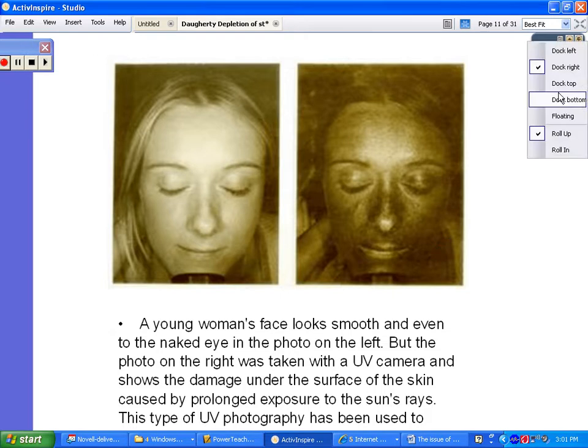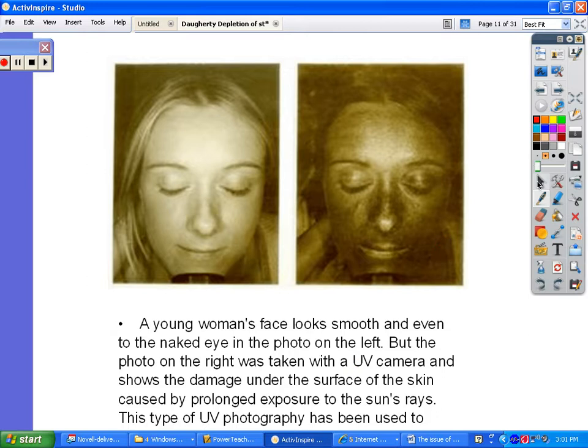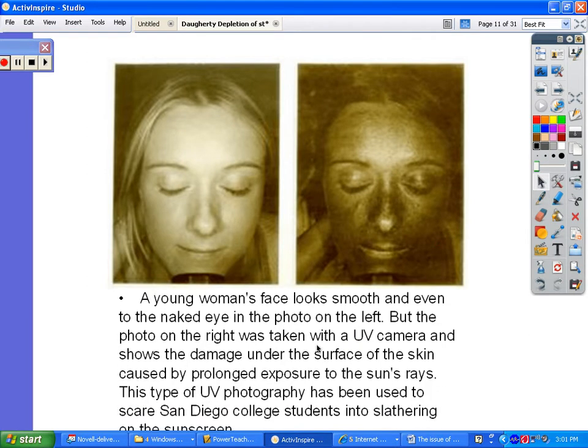Actually, it looks like we're missing part of that little blurb, so let me see if I can move that up. So it says,